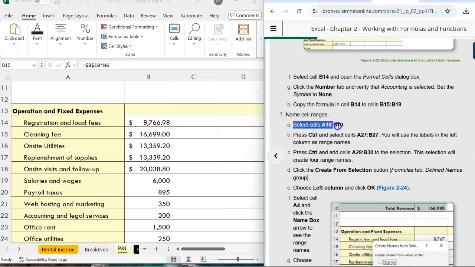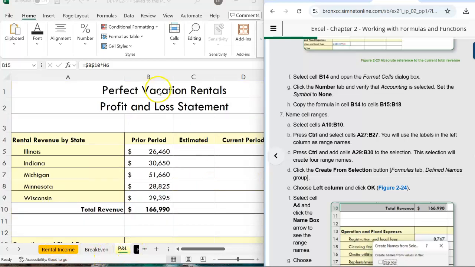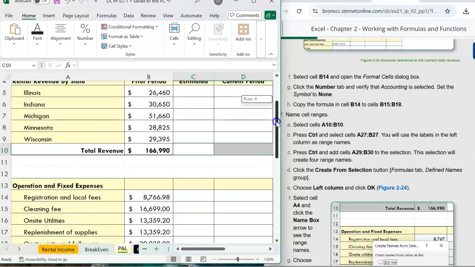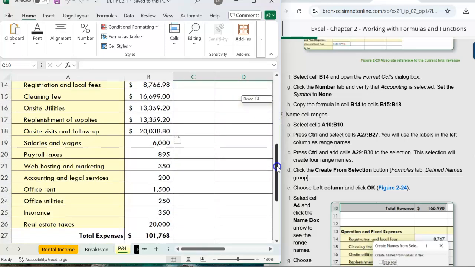So we are in the profit and loss P&L sheet. Select A10 to B10. So we go from A10 to B10. And then hold the Control key, and then select A27 to B27. So let's go to A27